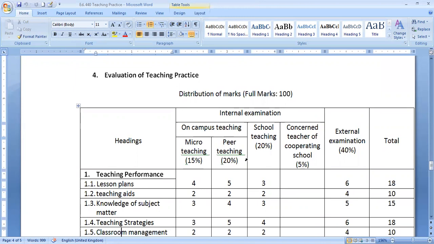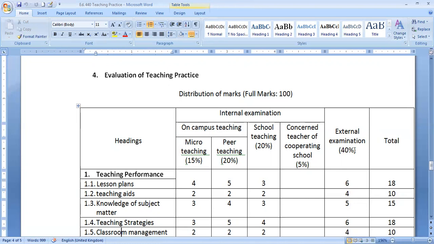There is an internal examination and an external examination. That means there will be an internal supervisor and an external supervisor. They have to distribute different types of marks according to the headings and topics. In the internal examination, there is micro teaching, then peer teaching, school teaching, and the concerned teacher of the cooperating school.